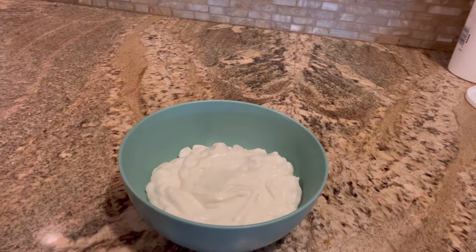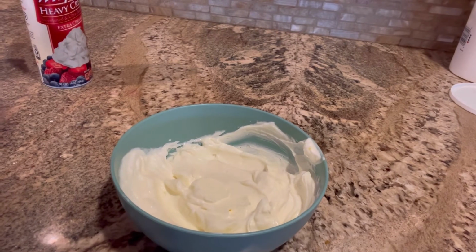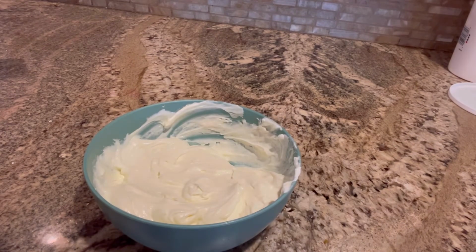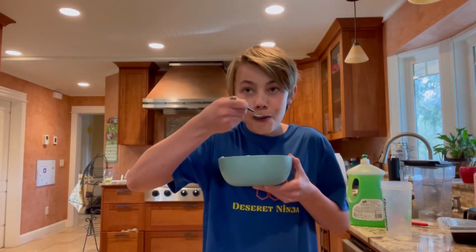Place your Greek yogurt into a bowl and cover it with your jello of choice. Mix thoroughly so it's all completely mixed, and put your whipping cream on top of the mixture and mix in the whipping cream with that mixture to make a creamy and delicious snack. You can put in fruit, although in this case I didn't want to. Delicious